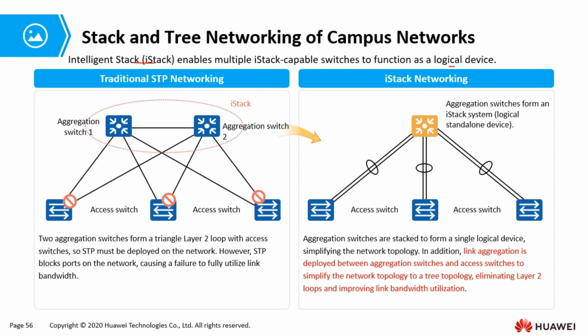Before the iStack system is set up, each switch is an independent entity with its own IP address and MAC address. So basically, as a network engineer, you need to manage the switches separately, which is time consuming and very troublesome. So after you introduce iStack and it is set up,